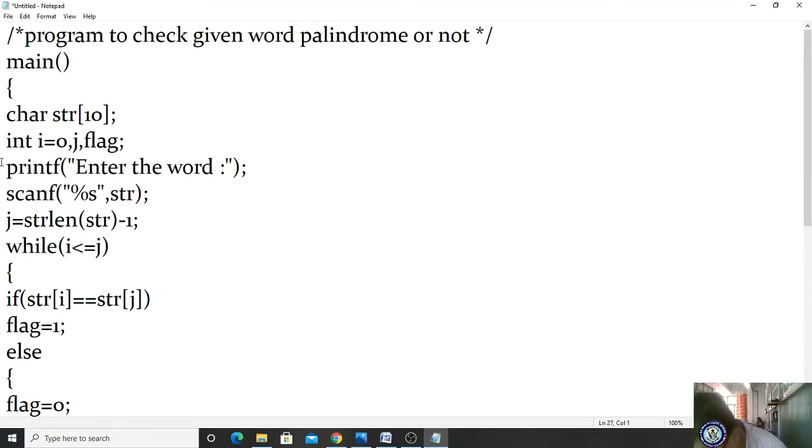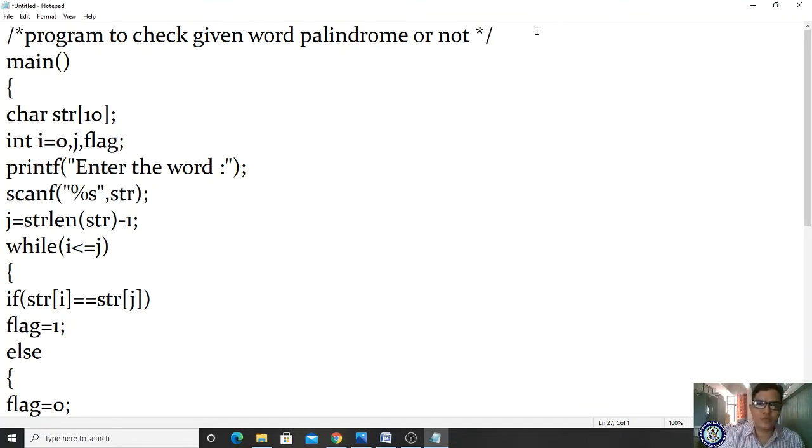The palindrome means whatever the string, if you read from left to right or right to left, if it consists of the same characters, then it is called a palindrome. For example, madam, M-A-M, if you read it from left to right or right to left, it will come the same. So pop, P-O-P, right? So Level and Malayalam, all these are words which give the same thing if you read them from left to right as well as right to left.